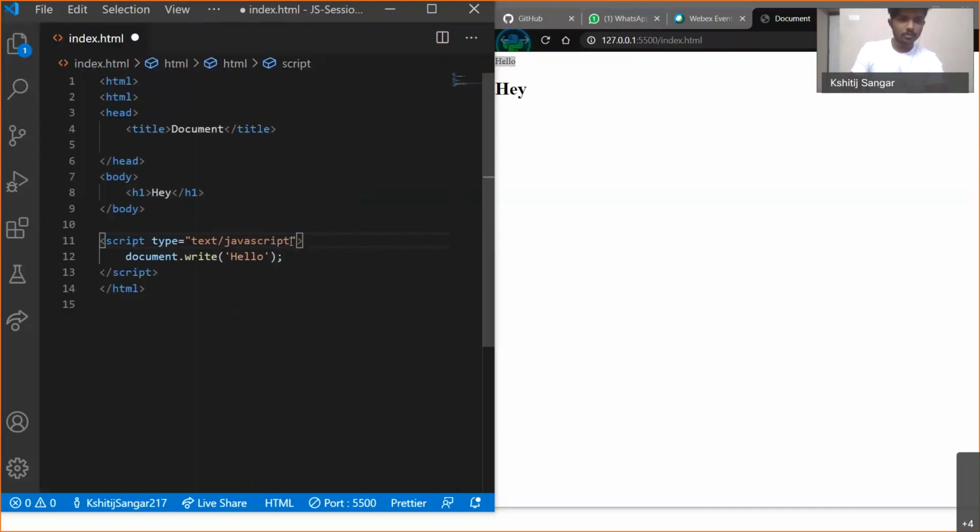It's a good habit that we always mention what type of tag it is. Obviously it automatically detects it, but this reduces the time of detecting it, okay? And there are two types of writing JavaScript into a code. The first one is the embedded one, and the second one is the external one. Right now we have embedded the JavaScript code into the HTML code. That's why the current type is embedded code.